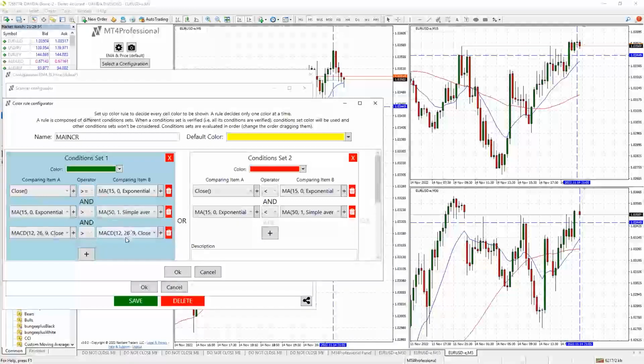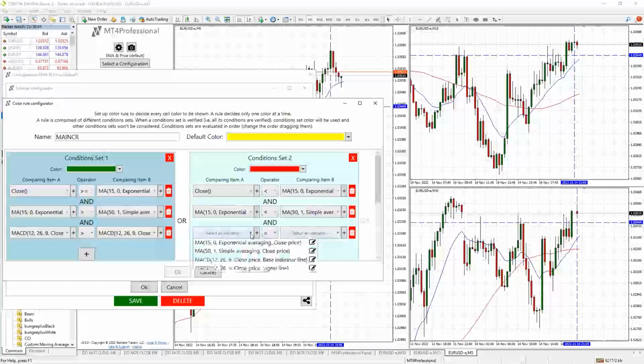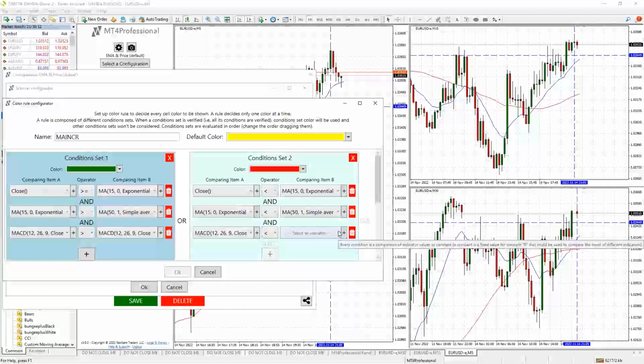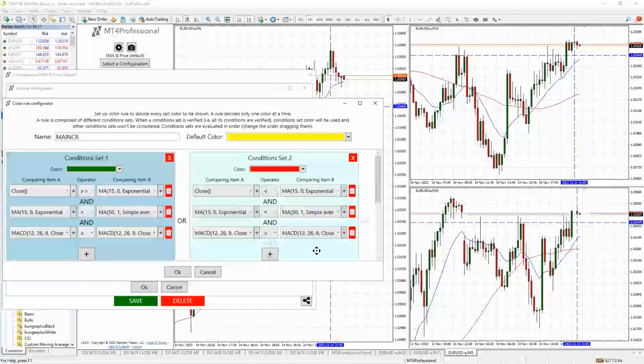Now, since I've set this up over here on this condition set, if I were to set it up as a bearish condition, I don't have to re-enter the indicator. All I have to do is pull it up from the drop-down menu. I'm looking for that same base indicator. Instead of it being greater than, in this case, I need it to be less than, crossing under that same signal line. And there you have it. I now have an additional condition added to my existing conditions for a new strategy that incorporates the MACD indicator.